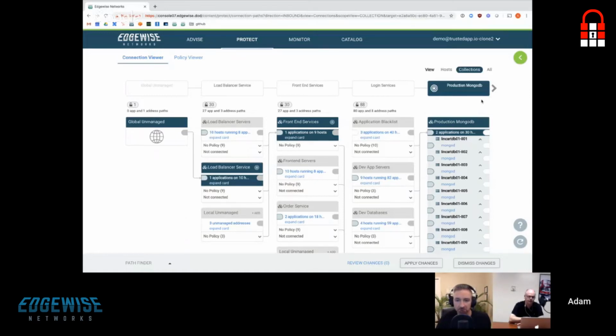So it's as simple as that. Edgewise provides you an understanding of how your environment should be segmented based on the behavior and the communications we see. And we're providing you a full mapping of how those services interact to create the functionality of your environment that is required for the business.